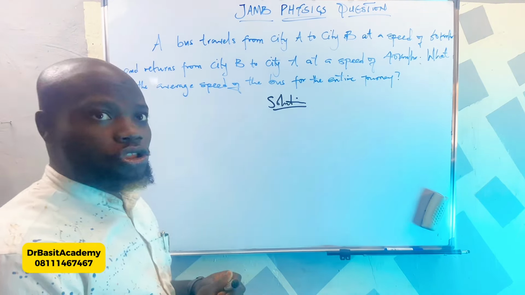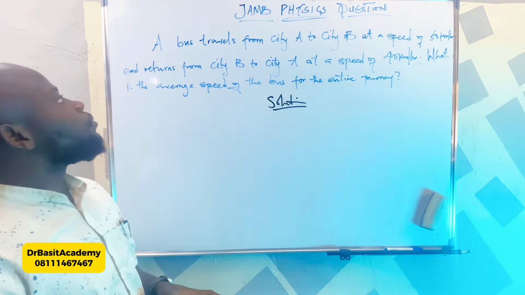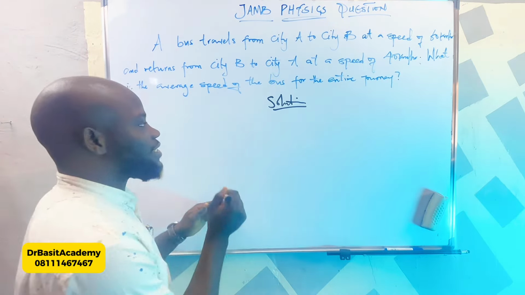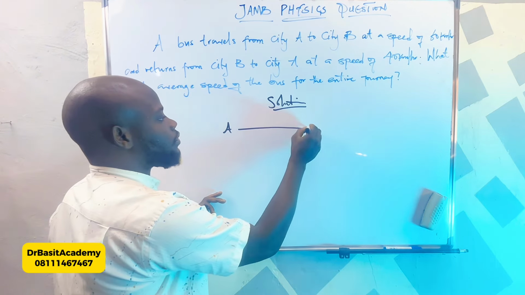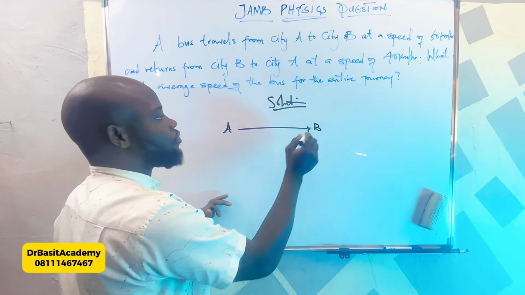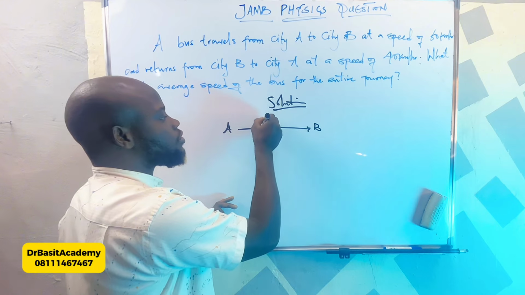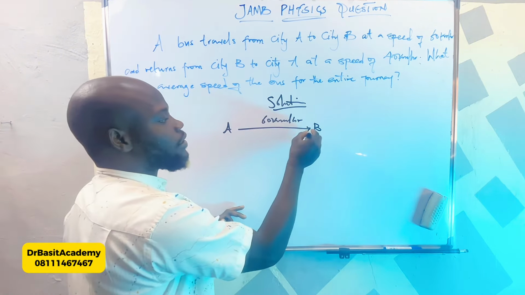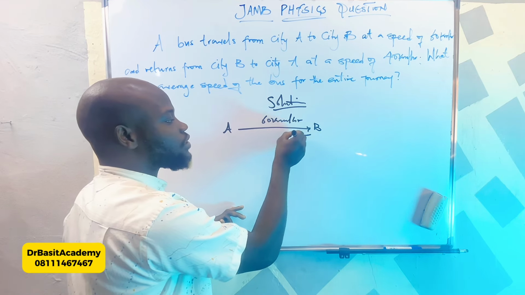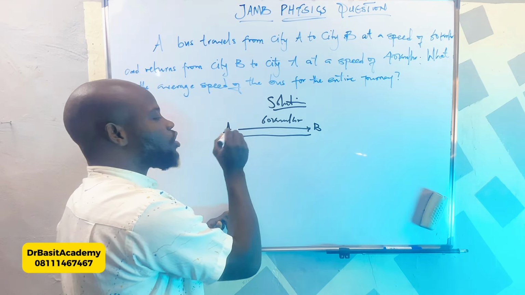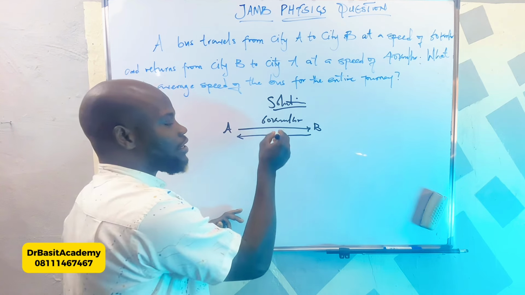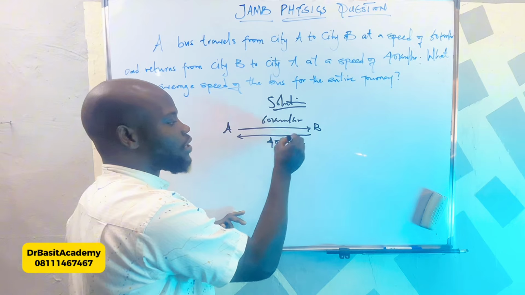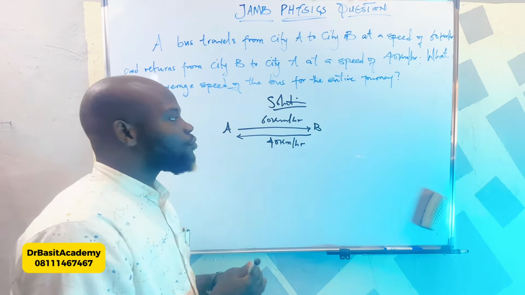All right, solution. Now, you're given speed from point A to point B. The speed is what? 60 km per hour. And from this same point B to point A was 40 km per hour. Right. Now,